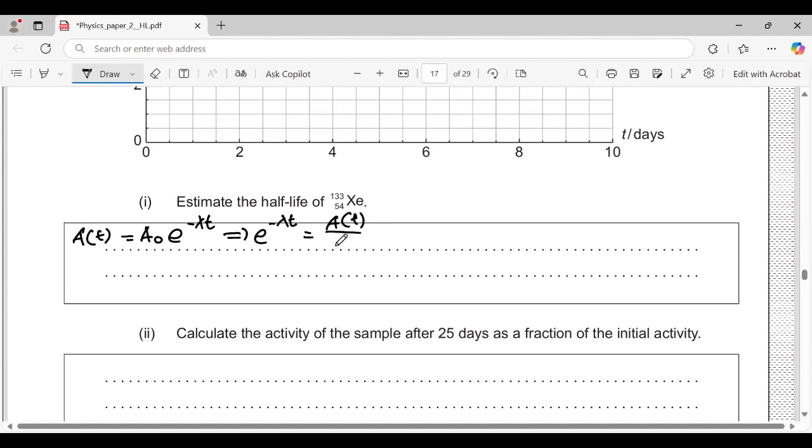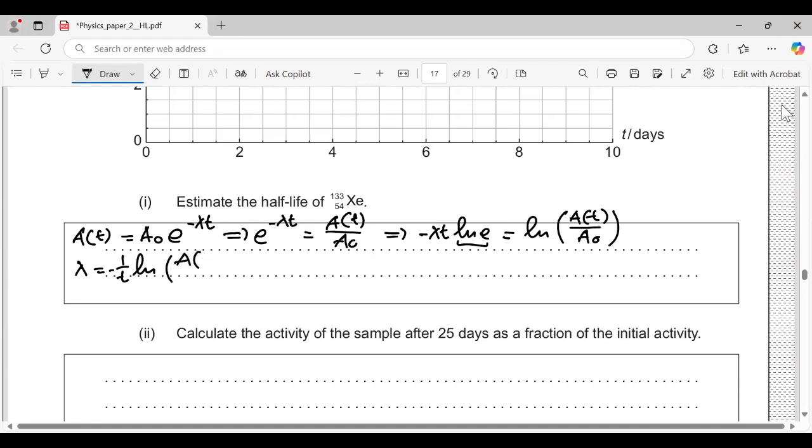A(t) divided by A0. So it means minus lambda t, ln e, based on the ln rule, equal ln A(t) over A0. So we can rearrange, as ln e equals 1, so lambda equals minus 1 over t times ln